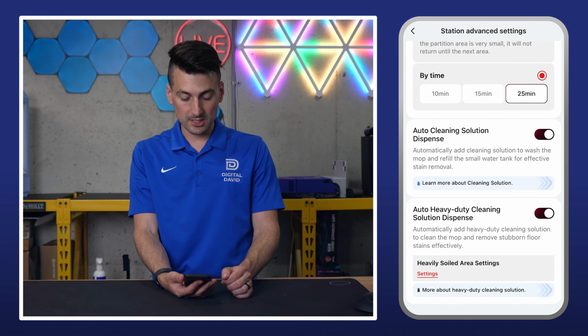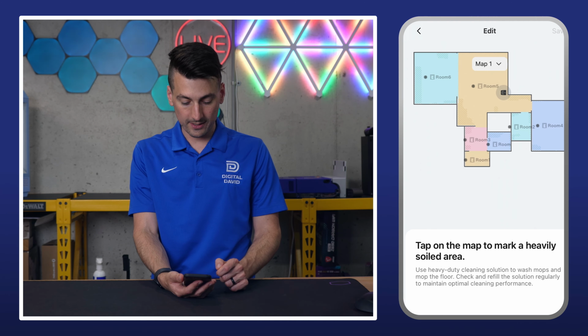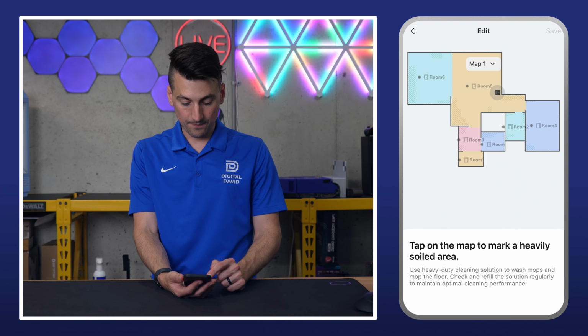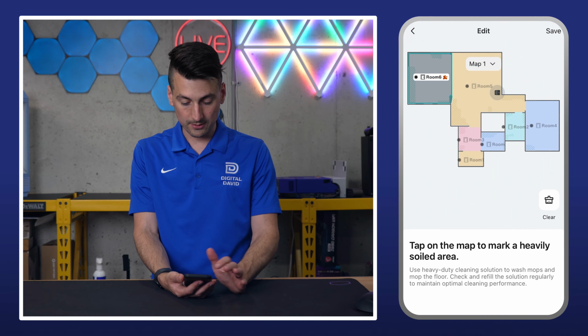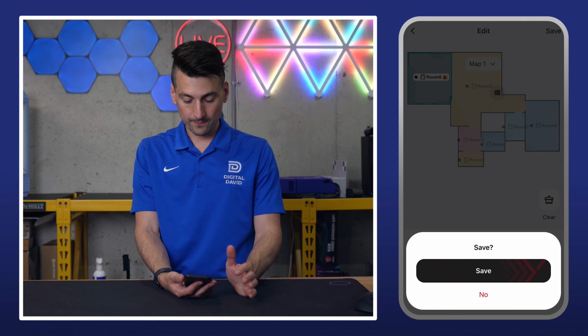Auto cleaning solution dispense. Do you want it to use cleaning solution? Same with the auto heavy duty cleaning solution. And then for the heavily soiled areas, you can set that here. So it'll use the heavy duty cleaning solution, right? So maybe that's your kitchen, your bathroom, entryway,